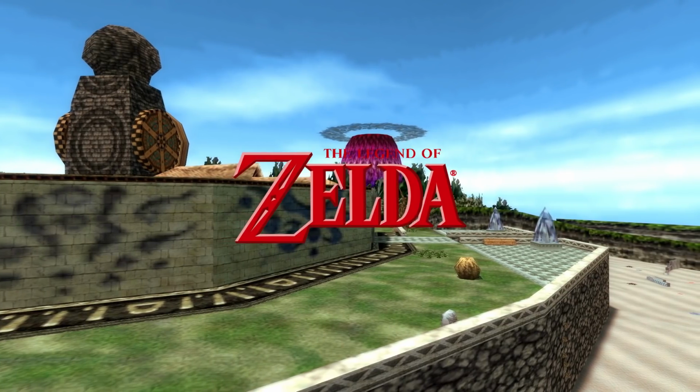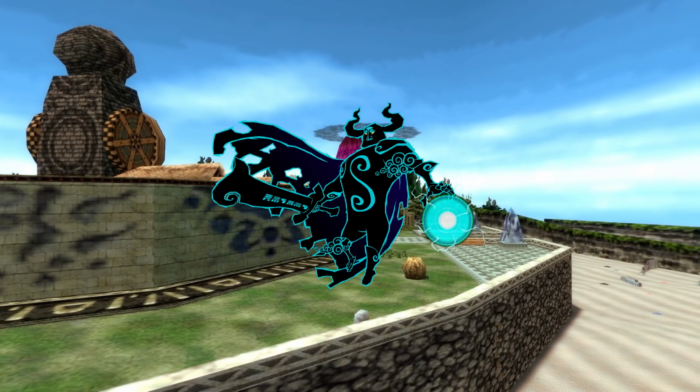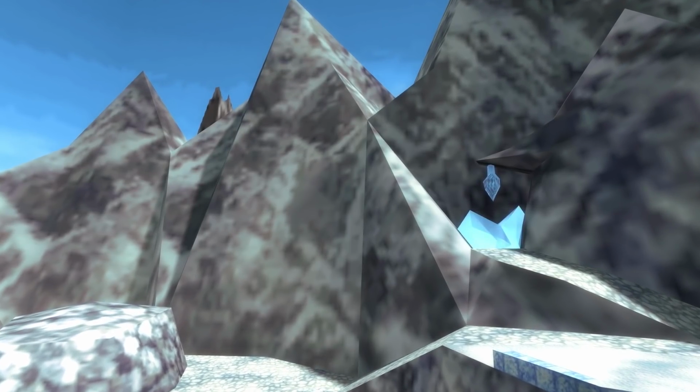I have some more Zelda content I want to make, like one on Age of Calamity and maybe one on the gap between dimensions. I've also got some more iceberg charts I want to cover.